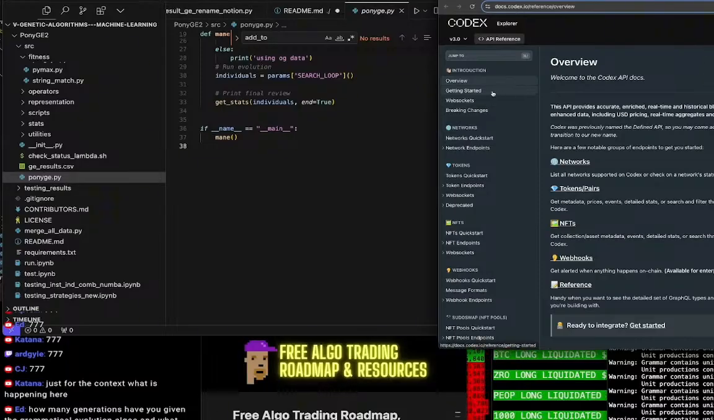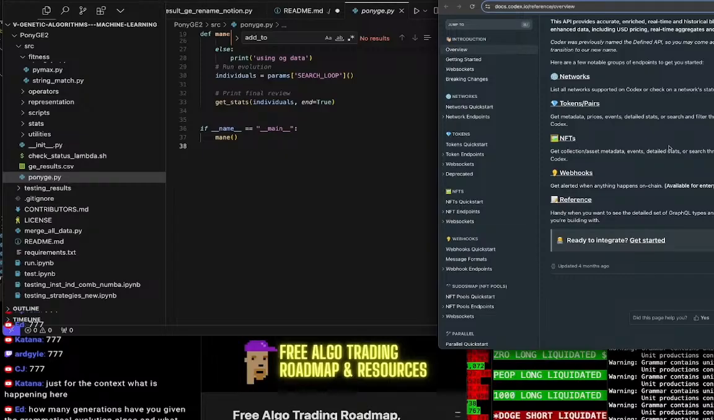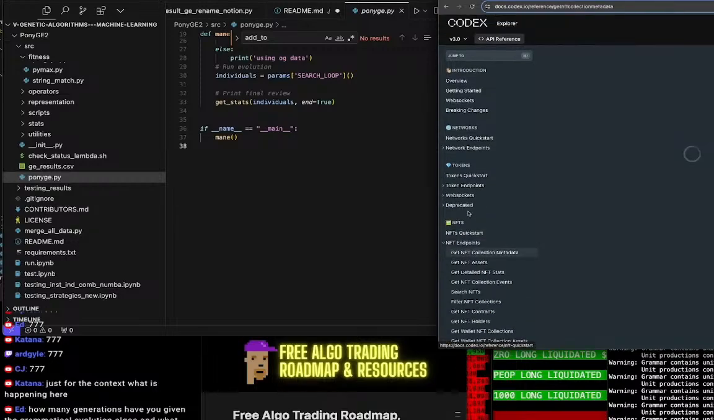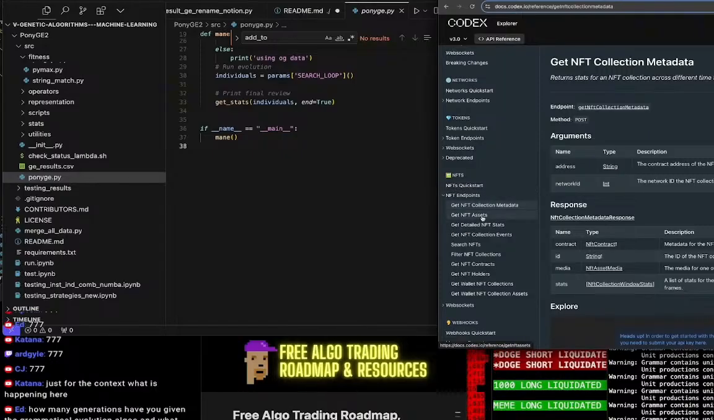Okay, overview. This API enriches real-time and historical blockchain data. You can retrieve enhanced data, including USD price, networks, token pairs, NFTs. Quick start, NFT endpoints here. This could be interesting. So NFT assets,